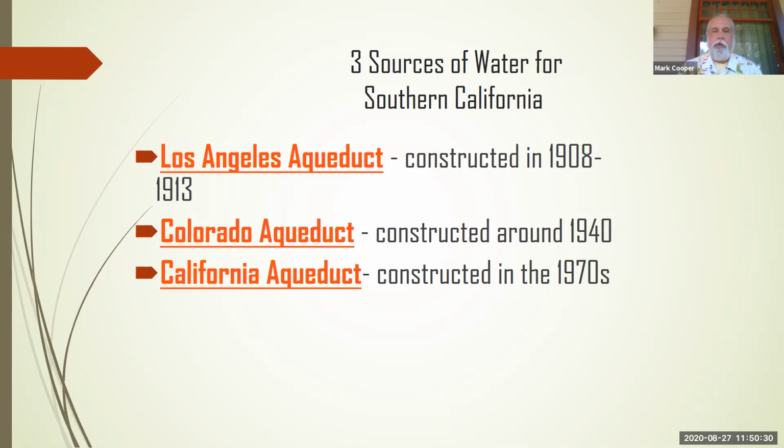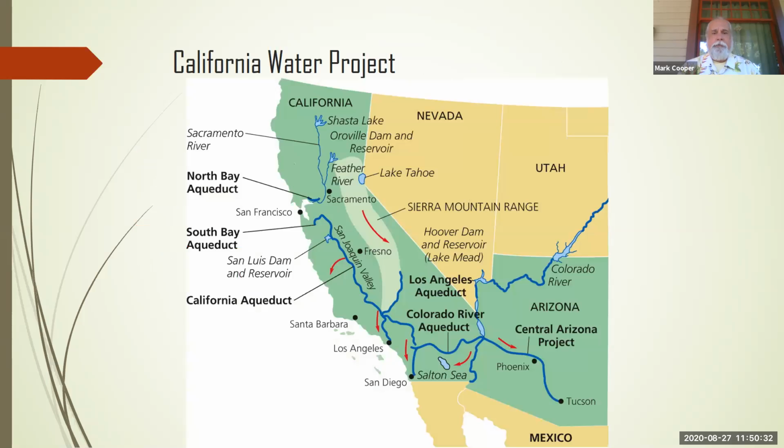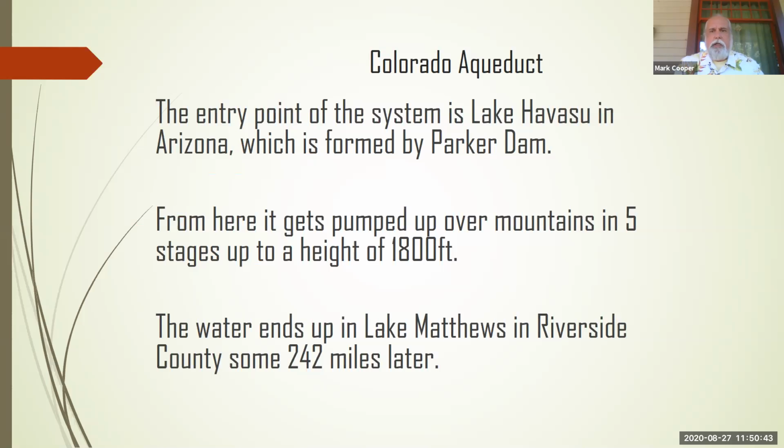Okay, so we're going to talk about the Colorado aqueduct now. And you can see that down here in this picture. That's the one we mentioned earlier, the Colorado River Project. So that aqueduct enters in Lake Havasu in Arizona, which is formed by the Parker Dam. And then it has to be pumped over the mountains. So this one actually has to use energy to do it. And this brings water down into Lake Matthews and Riverside